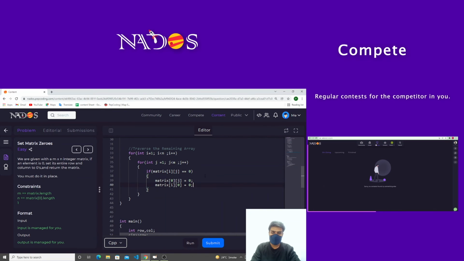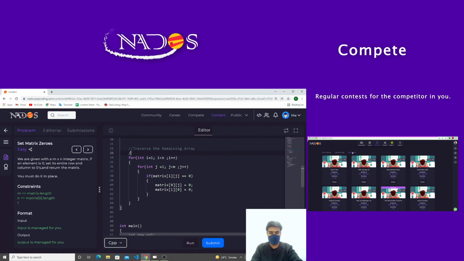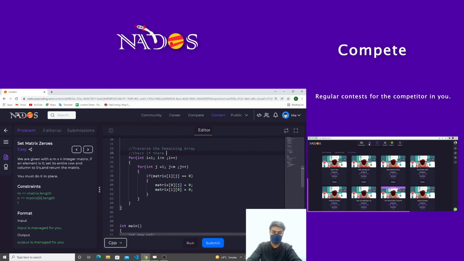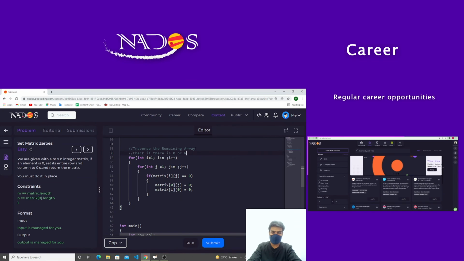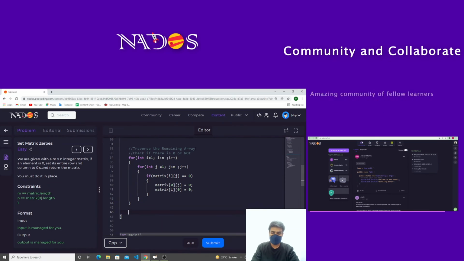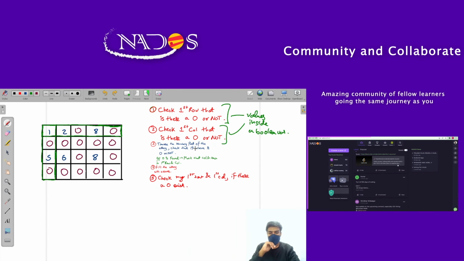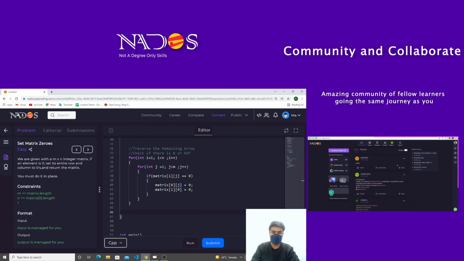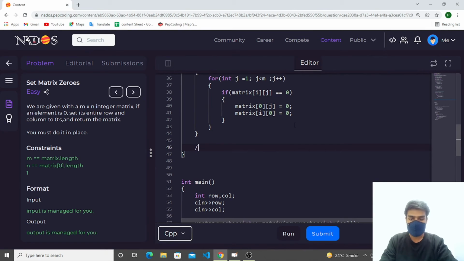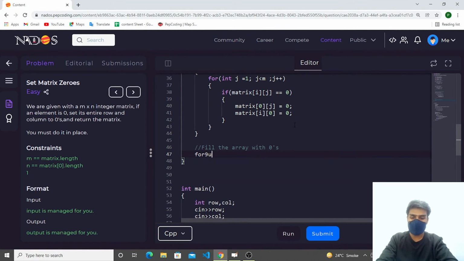Alright, so this is done. After traversing, I check if there is 0 or not. So this loop is done. After this, we have to fill the array with zeros where expected. So I'll run a for loop